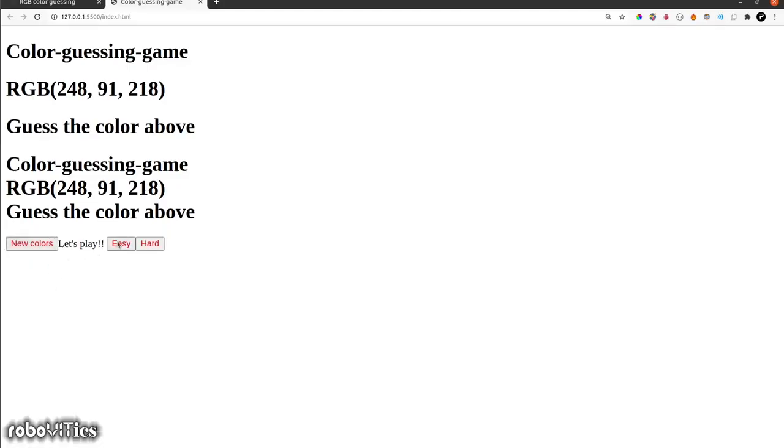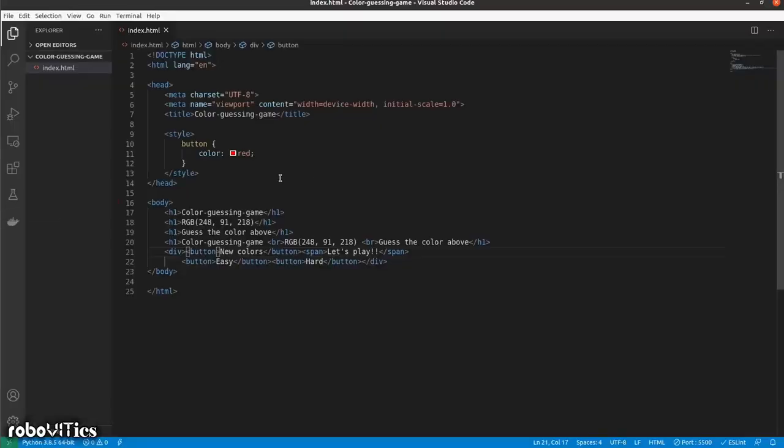Well, it did work, but notice that you have also made the other buttons also red. That is, the text in the button is also red. So to prevent that from happening, we use CSS selectors like classes and IDs, and to say that we are using this specific button, we are going to add a class to this button over here. So say for example, I add a class named red button.